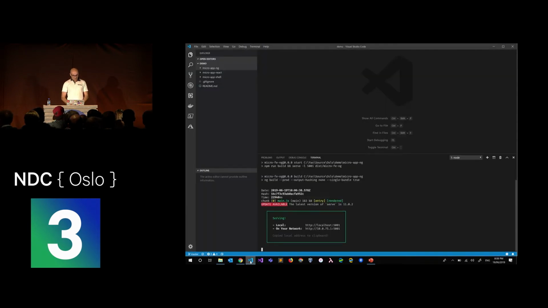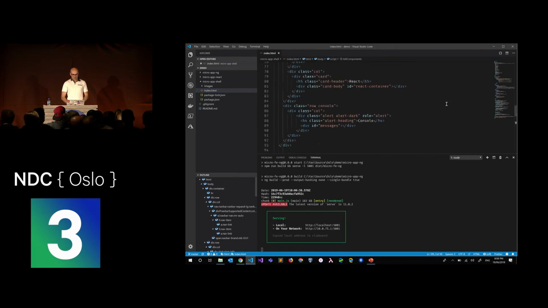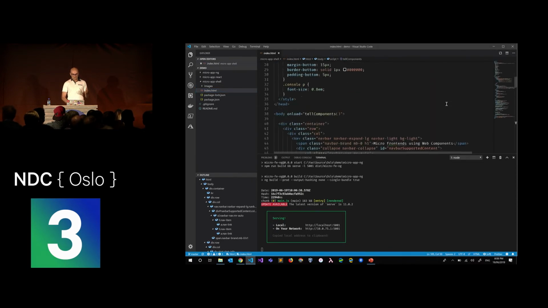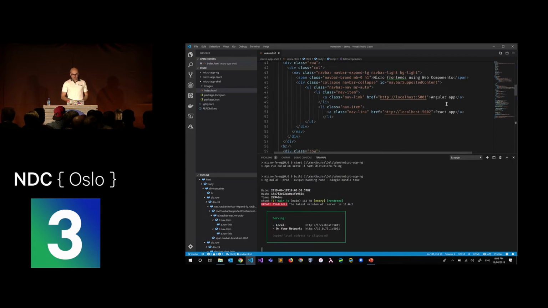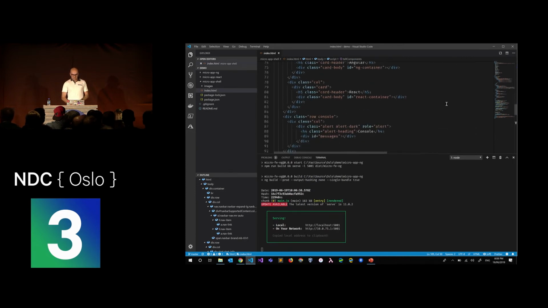So let's go through the code. Let's start with the app shell. App shell is pretty straightforward. It's just a normal HTML page which has a bunch of styles, CSS, JavaScript, and then